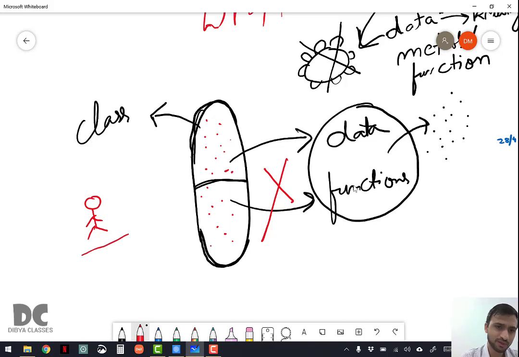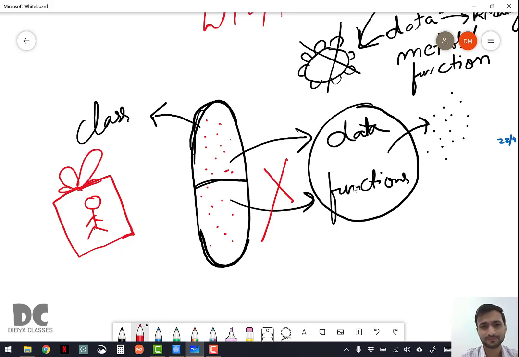You are going to cover it with a box and a wrapper. He will not get to know till he opens it. So this concept is known as encapsulation, because you are covering the main thing.